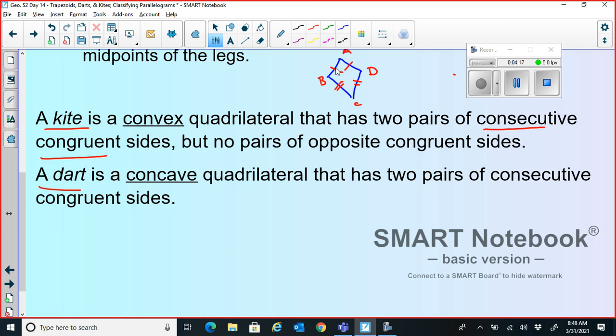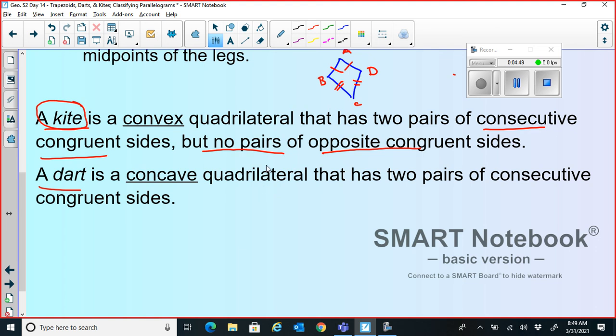Consecutive. So these are the consecutive. In case of the rectangle, we had the opposite sides to be congruent. Here we have consecutive sides to be congruent. Two pairs of consecutive sides are congruent, but no pairs of opposite congruent sides. Okay, that's your kite. Kite has two pairs of consecutive congruent sides, but no pairs of opposite congruent